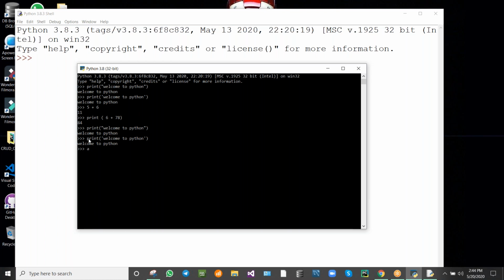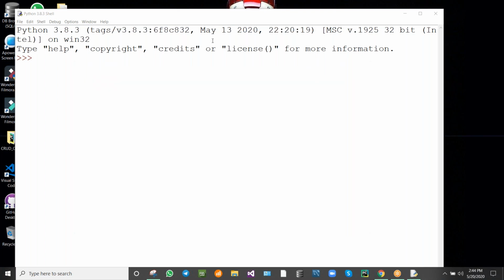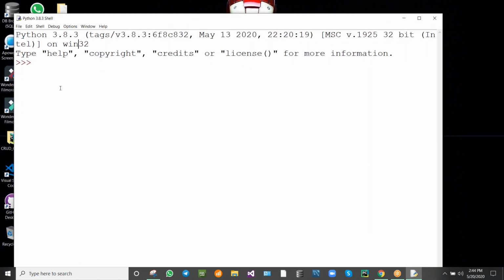Like this, a is equal to some value, print a, we can be doing like this. So the DOS command prompt won't be that much useful, whereas in this we will be writing all the programs.